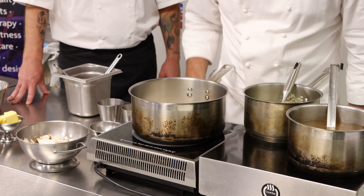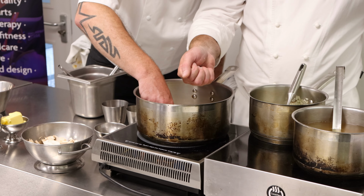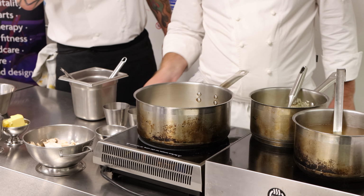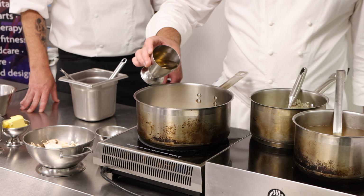Okay, so you feel the grains are just like hot sand. Yeah. Beautiful. And you can smell it. You can. And we are now going to go in with the white wine. So